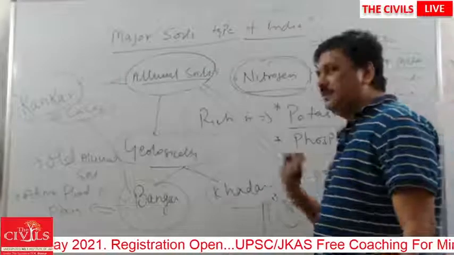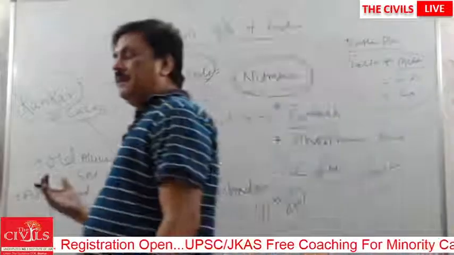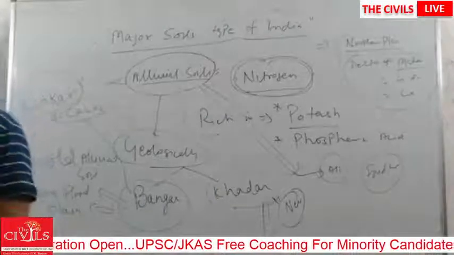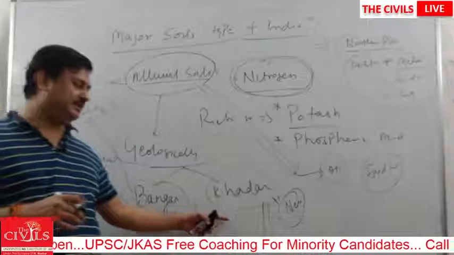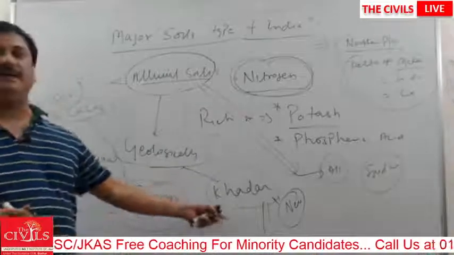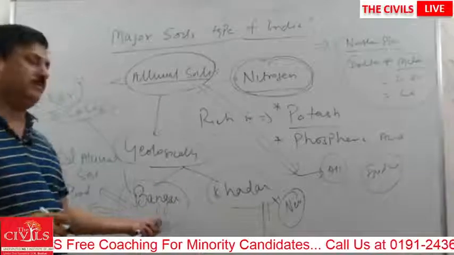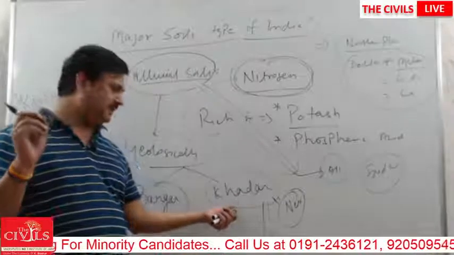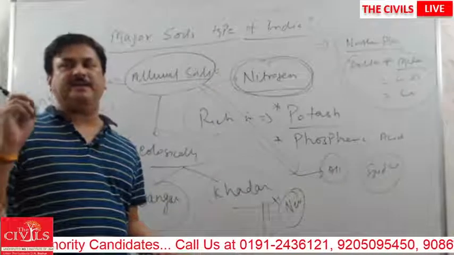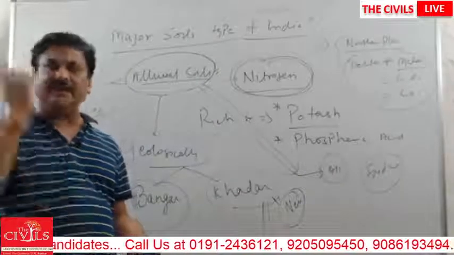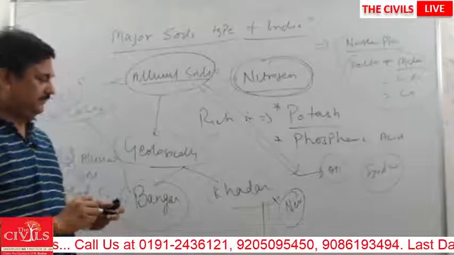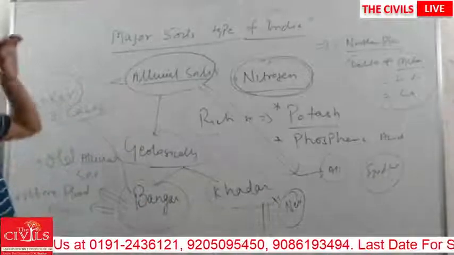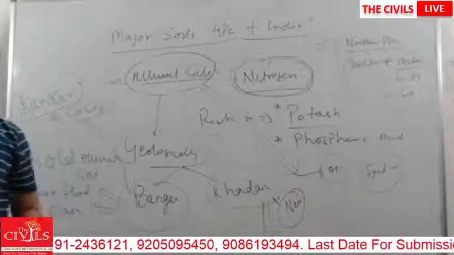Entire eastern Uttar Pradesh, Bihar and Bengal have this type of soil. Khadar soil is more fertile with respect to Bangar soil. The particles of the soil are very fine and support agriculture. So this is alluvial soil. Now,